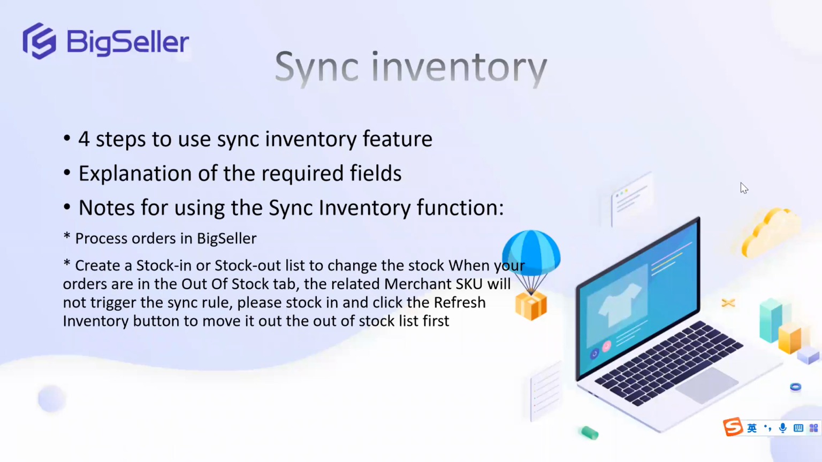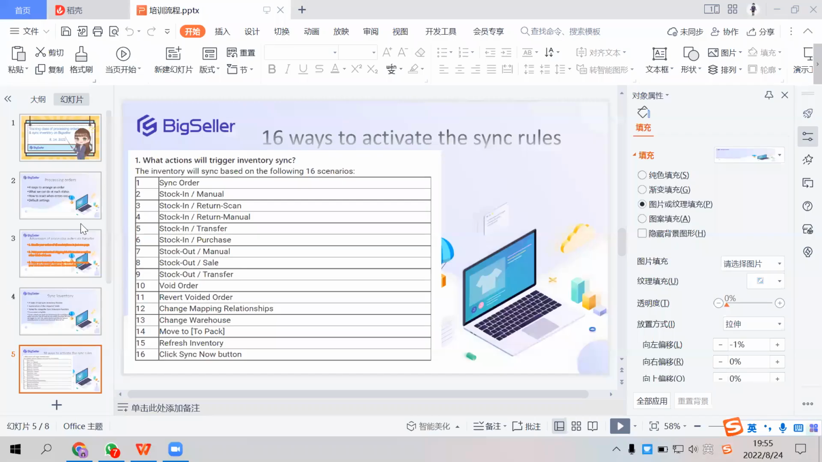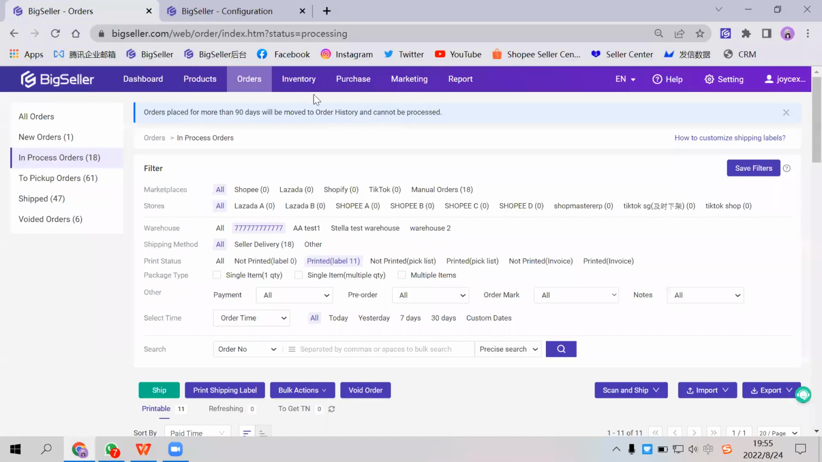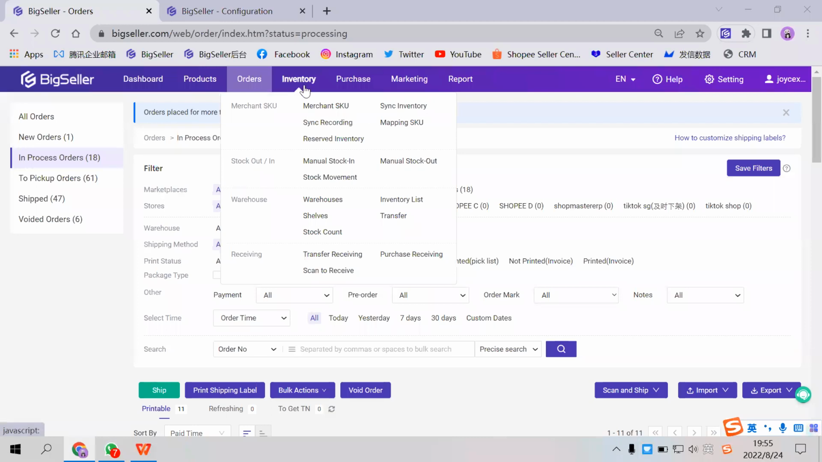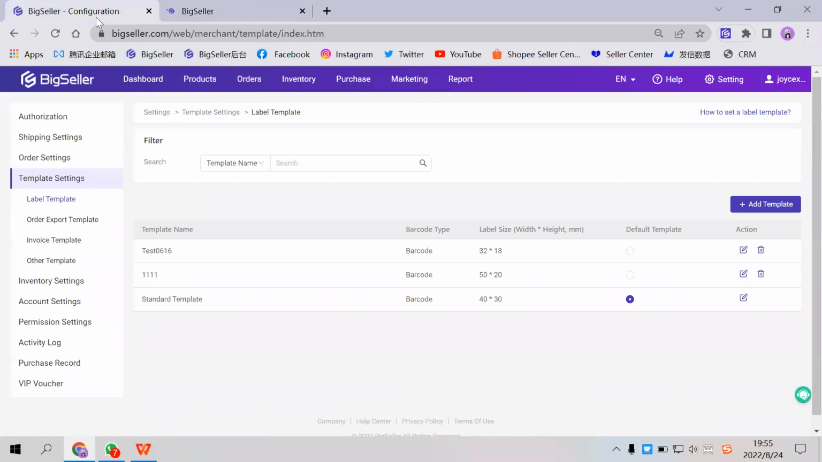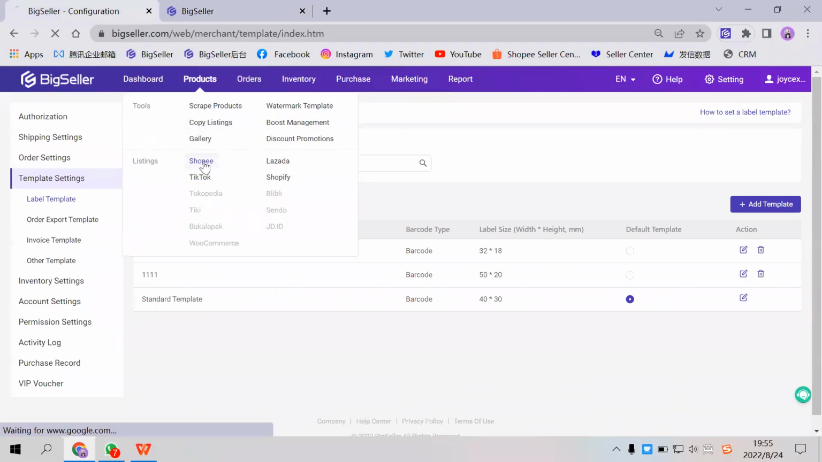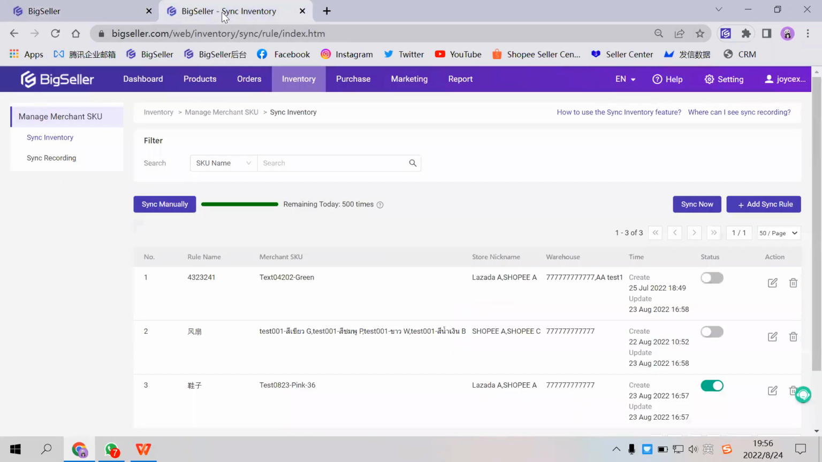So let's go to inventory, sync inventory. How to use the sync inventory feature. Before we start to learn how to use the sync inventory feature, I would like to introduce the meaning of